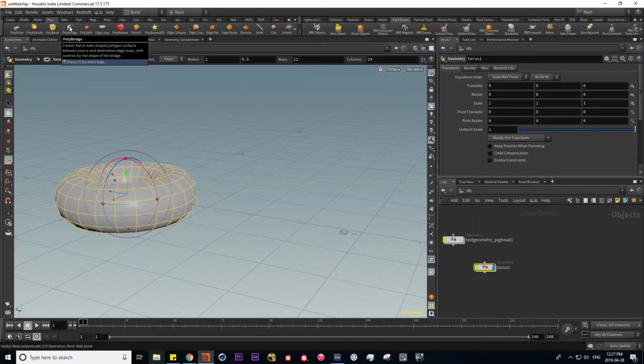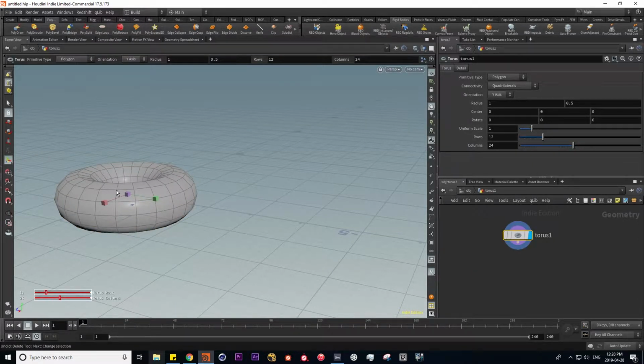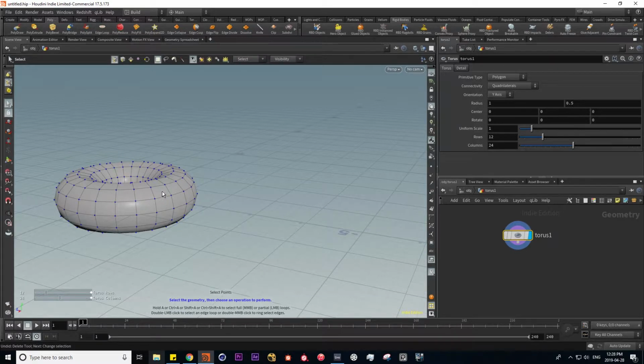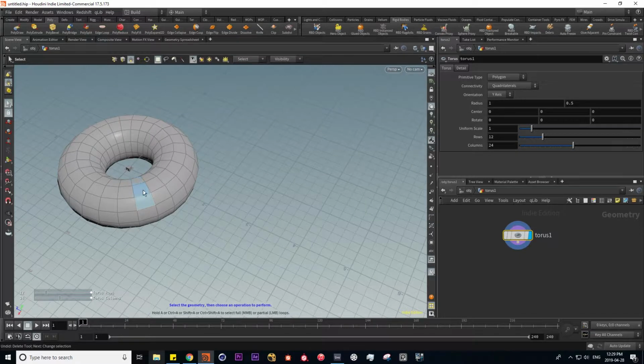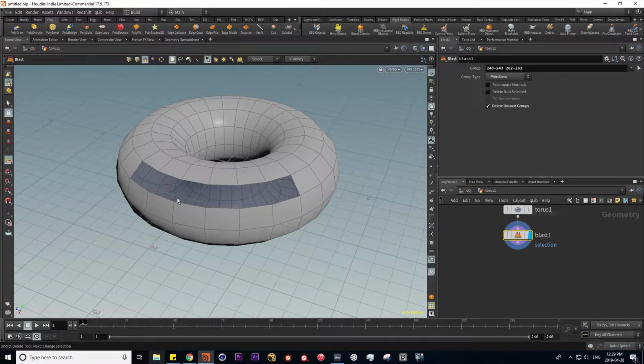It creates flat or tube-shaped polygon surfaces between source and destination edge loops. So I'm going to demonstrate by selecting some primitives on this torus. And if I hold down A, I can actually use a loop selection mode. Let's get rid of all of these polygons. And we can use the poly bridge tool to bridge two facets together. So I'm gonna run this command and go into my edge selection mode, select this one, press enter, and here